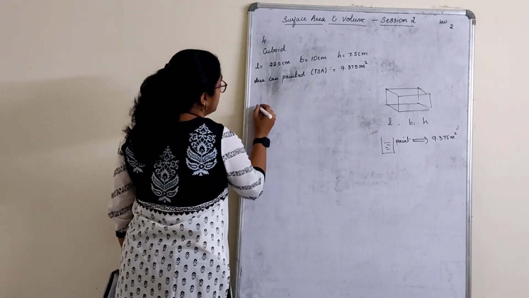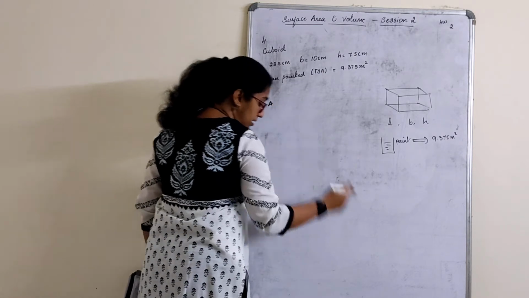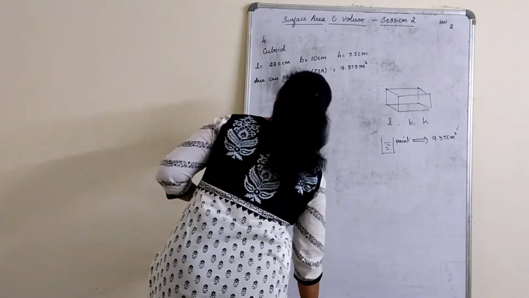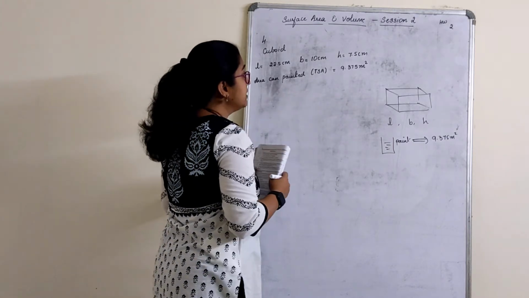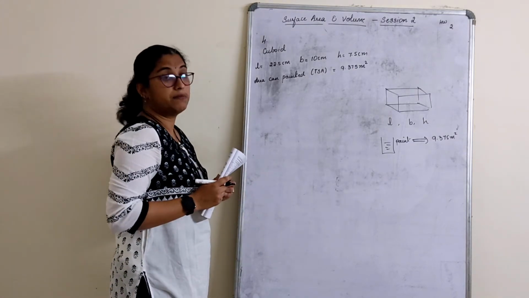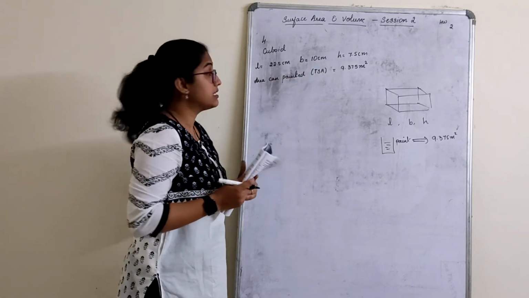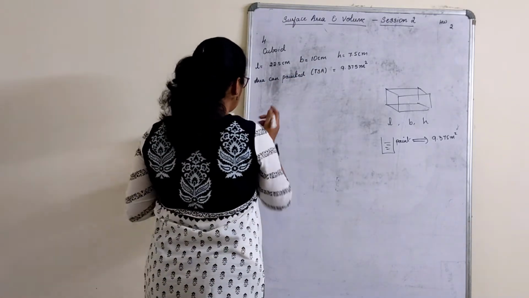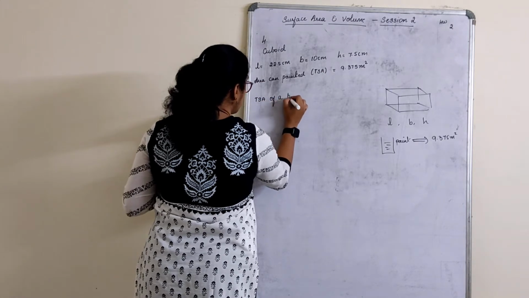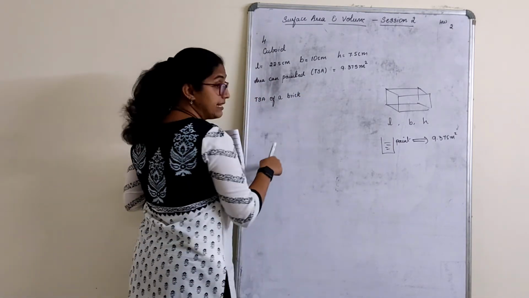See here. Number of bricks into, or number we'll consider it as later. How much area can be painted? This much of the area can be painted. What is this? This is the cuboidal part. Now what are we supposed to find? Area can be painted with respect to this. First, let us find TSA of a brick. Okay. Direct formula if you want, I'll apply that later.